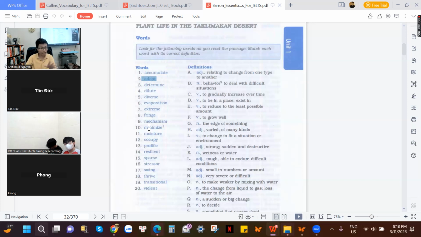Tiếp theo cái the next word, that is the word determine. Determine, okay. Determine, it means identify or justify. Like when you try so hard to succeed in something, you can say that your efforts are gonna determine your